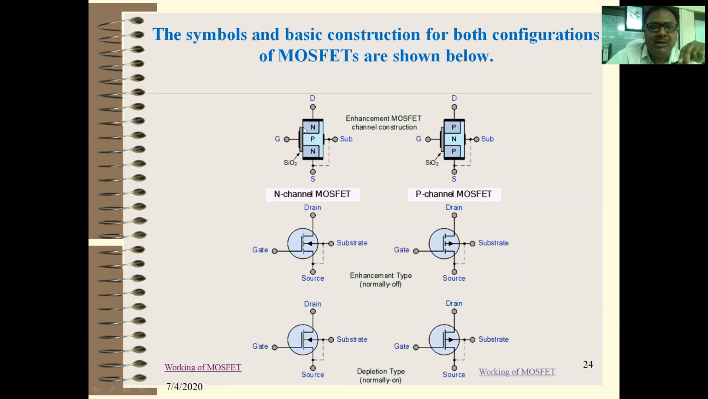Basically this metal, this SiO2 and this P form a capacitor. In this capacitor, if you apply a positive voltage at the gate, what happens? The electrons in this P region, that is the P substrate, get attracted. Now, which electrons? Basically